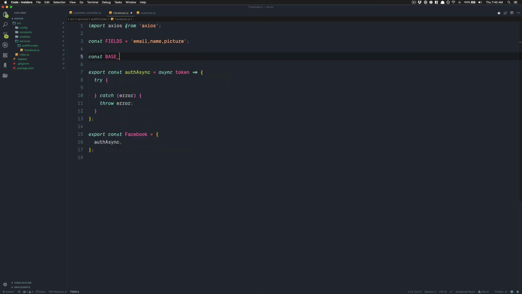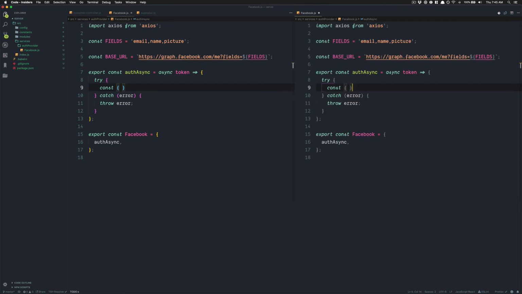After that, I'm gonna say base URL equal, and this base URL, I'm gonna just copy paste to make sure I don't have a typo. Graph.facebook.com/me with the fields we pass. After that, inside my Axios stuff here, what I'm gonna do,